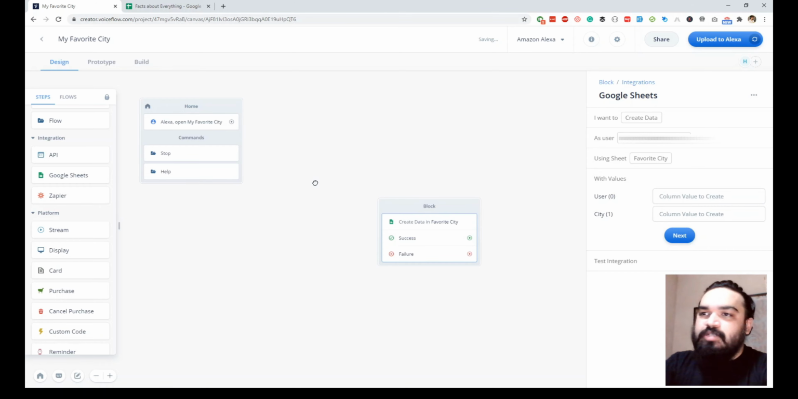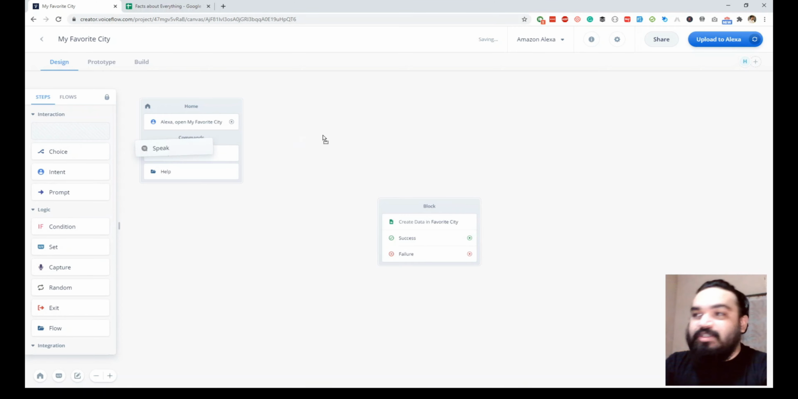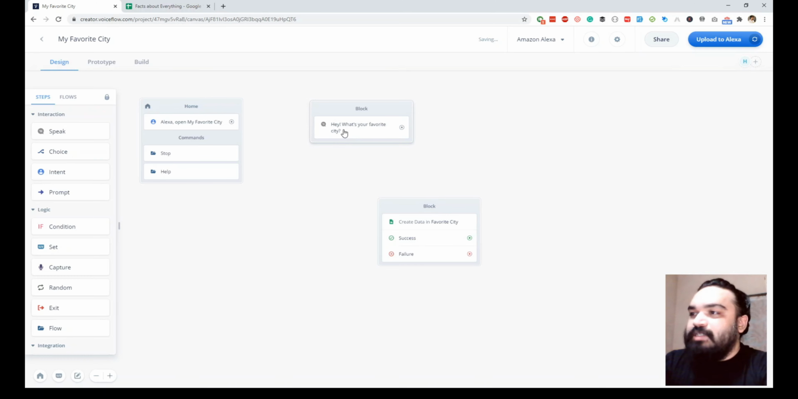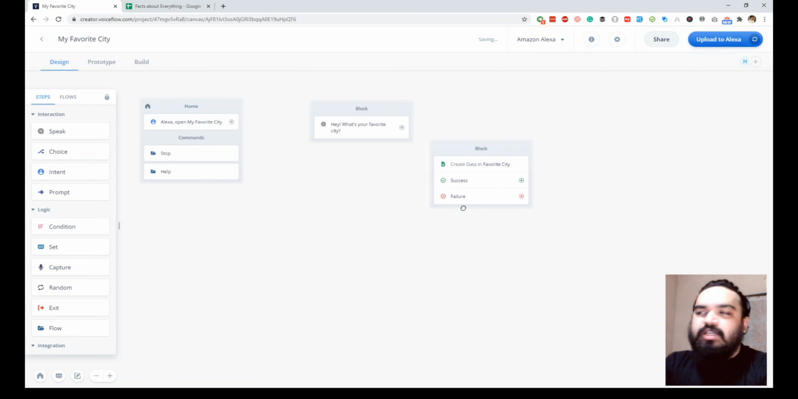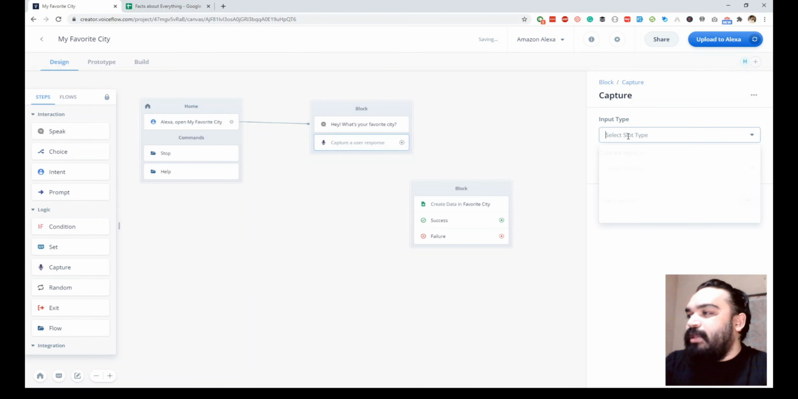So I'll just pull this aside for now, and then when the user invokes the skill, Alexa will ask the user what his favorite city is, right? So we'll just drag and drop the speak block and say, hey, what's your favorite city? And then once Alexa speaks this out, the next step is for us to be able to store the user's response in a variable so that we can use it in the API block, right? So let us link this to this, and then on the left side you will see the capture block inside logic. So I'll just pull the capture block into this as a second step,